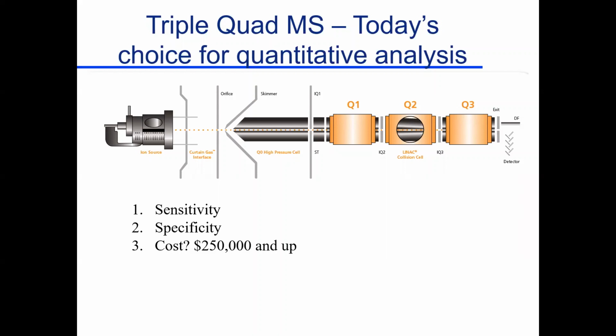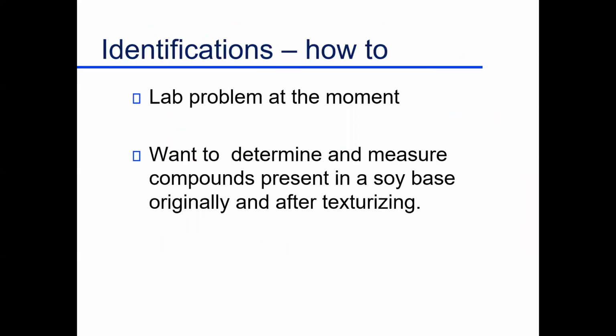Then again, you know exactly what you're measuring. It has sensitivity, specificity, and unfortunately, a pretty good price tag. You're lucky to get them for around $250,000 and more. So it's an expensive piece of equipment, but again, it does certain things for you. And so, there are lots of options on this. I think that's good for